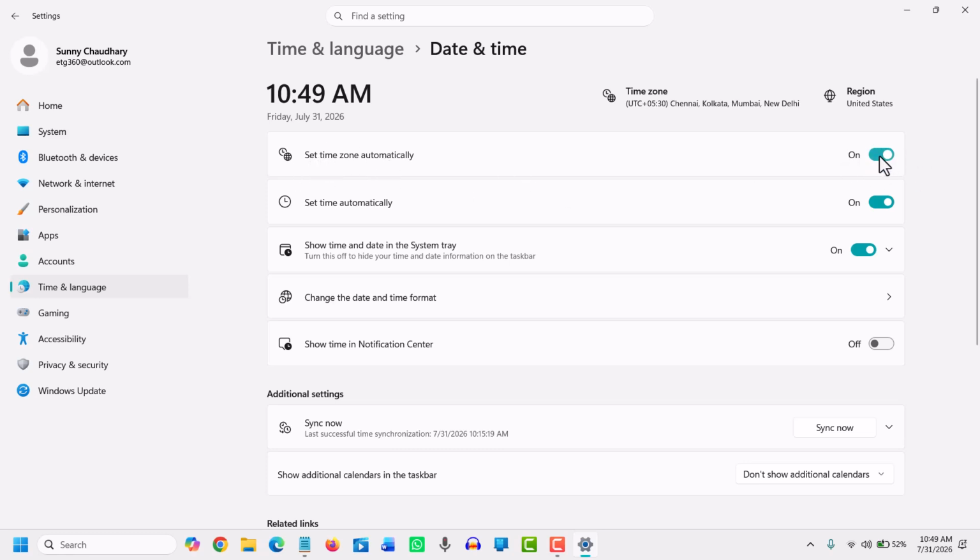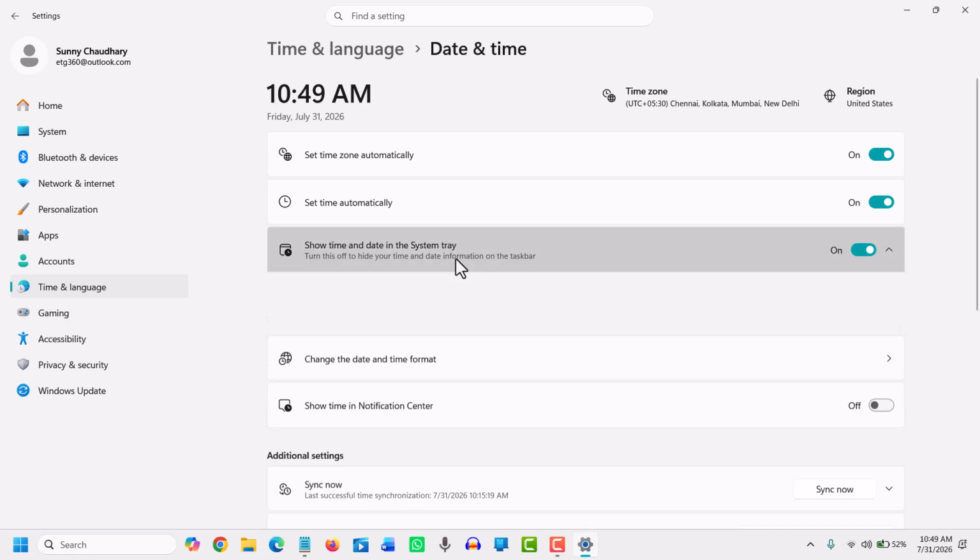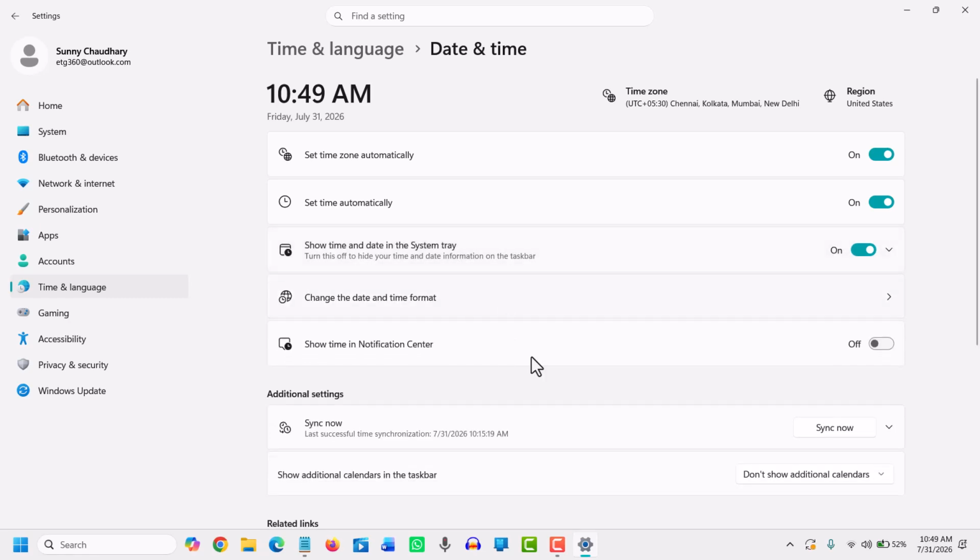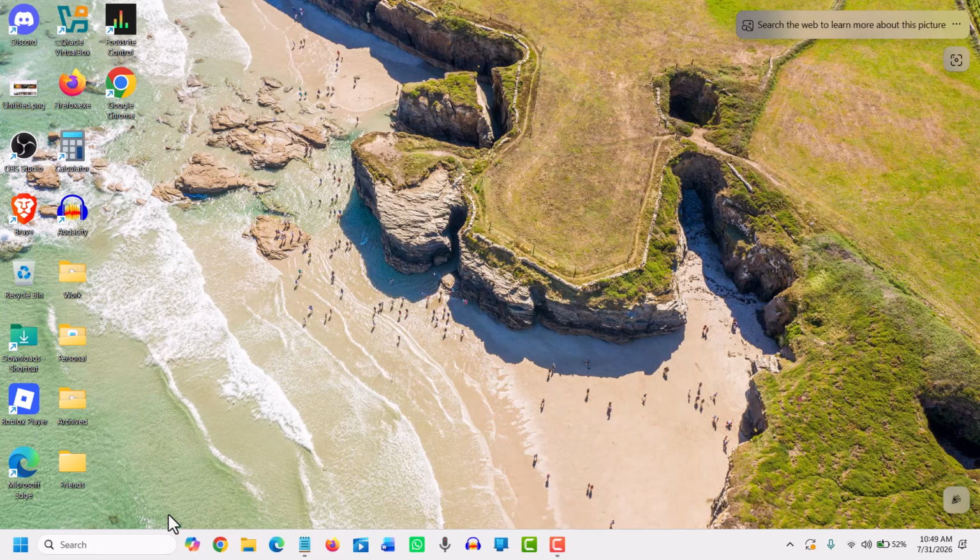So if it is turned on, there is no option to change the date and time. So if you want the automatic one, you can simply turn it on and it will select the time zone. You just need to change the time zone and you will be able to see the correct date and time, right? And by any chance, if you want to do it manually, then you just need to close this and